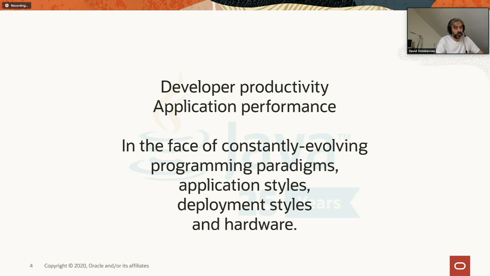These days, for example, we have more and more cores in our machines. We have more and more memory. We have vector support directly built into general purpose computers. We have multiple level cache when it comes to memory, and so on. So this is how Java has evolved for the last 25 years, and this is how it will continue to evolve.